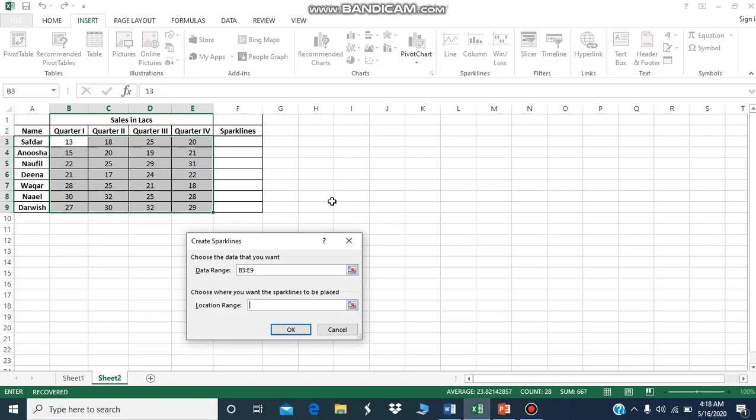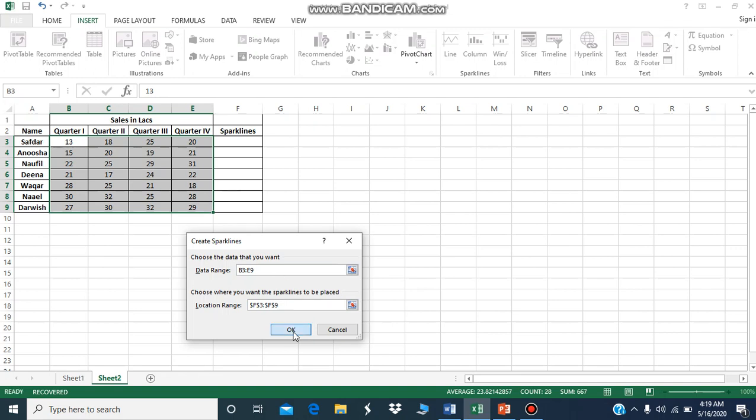You can see you have to create sparklines in your column number F. So what will be the range? $F$3:$F$9. You can see from 3 till 9.